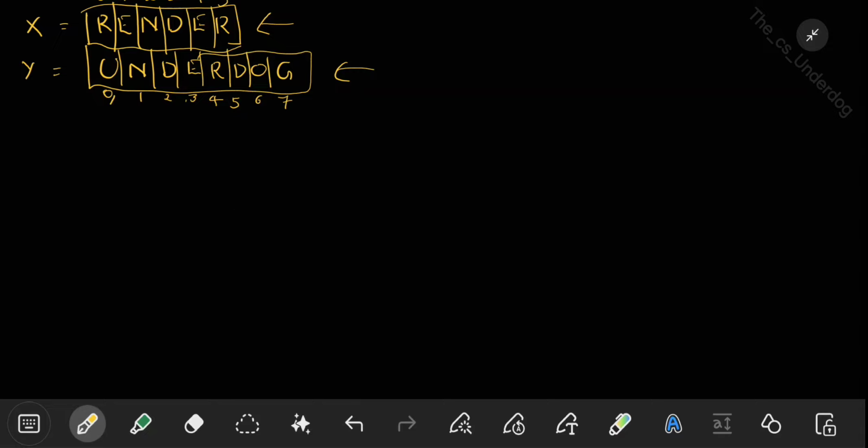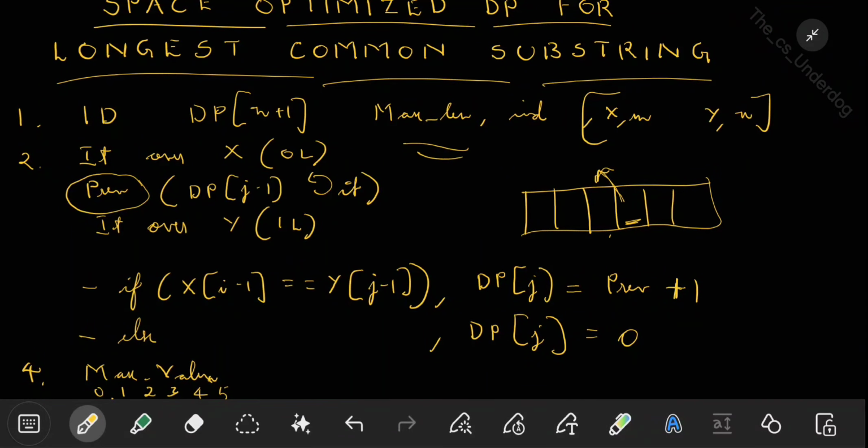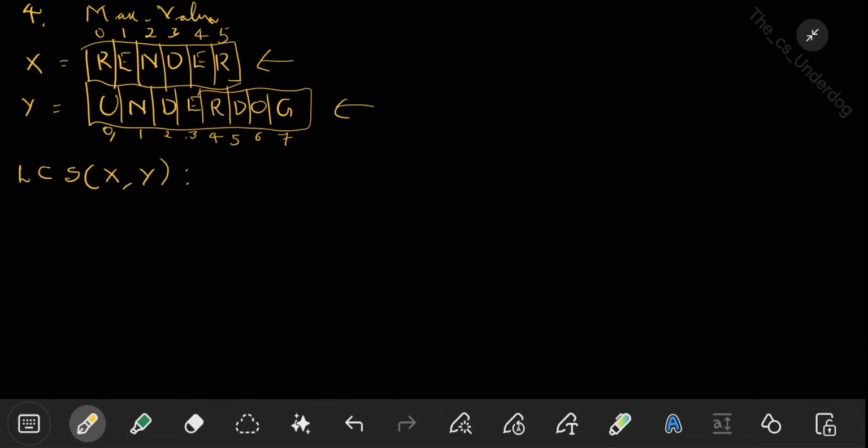So in the pseudocode, let us say the function is called LCS. We'll have LCS of x and y. x and y are the two strings. In this case, what should be the steps? First step is to have a DP array. So before you have this DP array, you should know the lengths of x and y. So first of all, let us understand m is equal to length of x, and n is equal